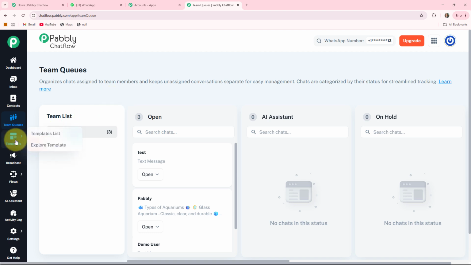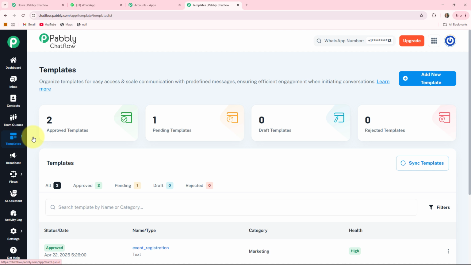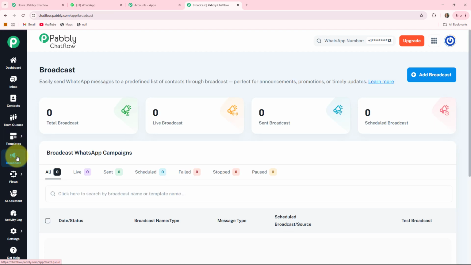The fifth one is the template. It is just like a pre-approved WhatsApp template. These are required for initiating a conversation if the customer has not messaged you first. The sixth one is the broadcast. It is used for sending bulk messages to many users at once,